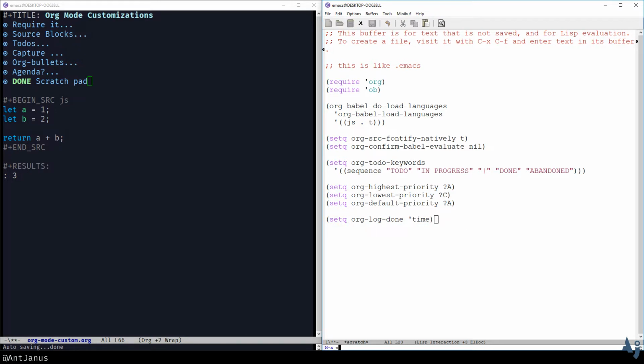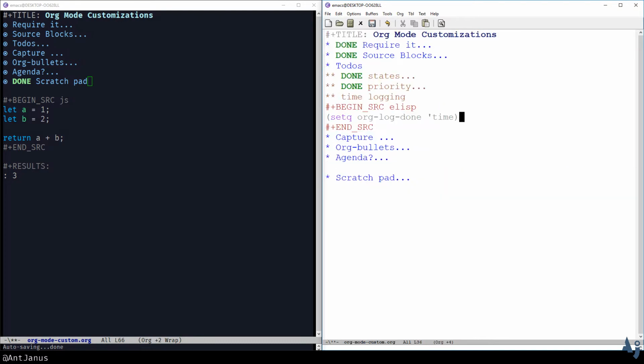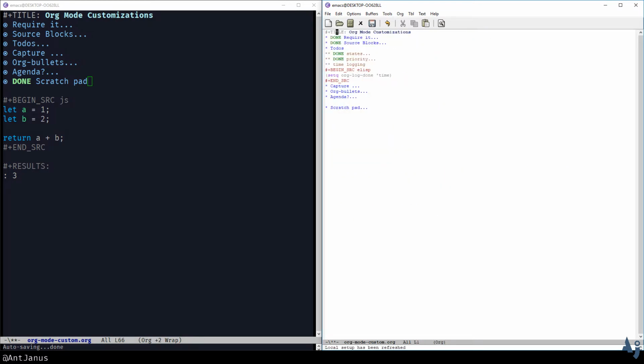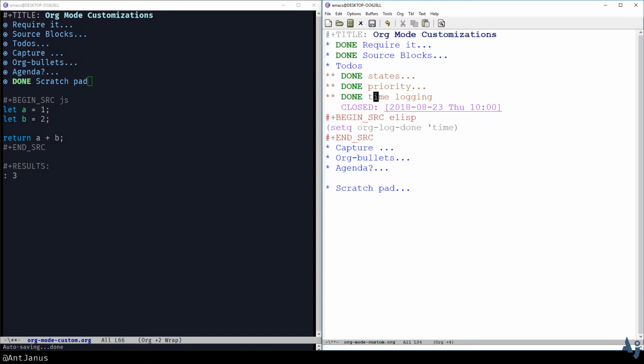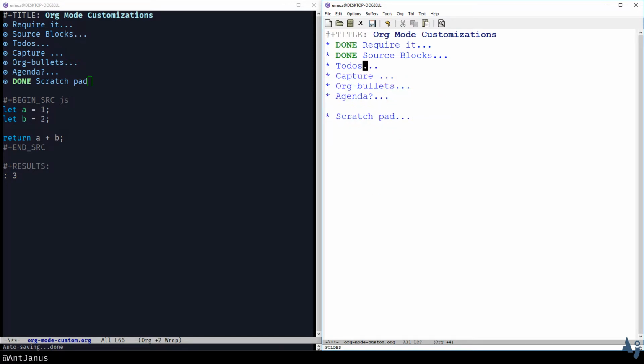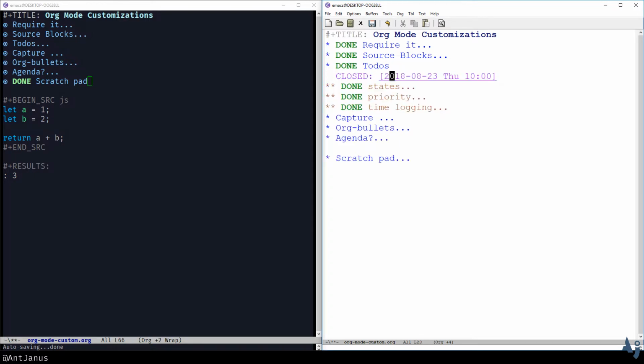Let me go ahead and just do eval buffer again. We're gonna go ahead and rerun this. So Control C, Control C. I'm gonna zoom in, and we're gonna set this as done. And you can see it's been closed at this and this date. It looks like my time zone is a little bit off, but that's okay. I tend to be on like UTC or some other time zone, and so we're actually done with this item. And you can see that this item got its own closed